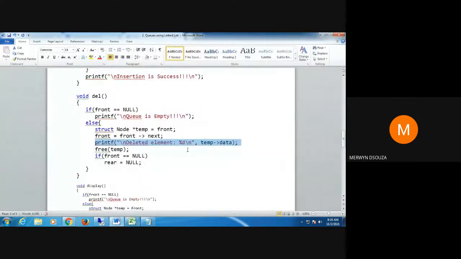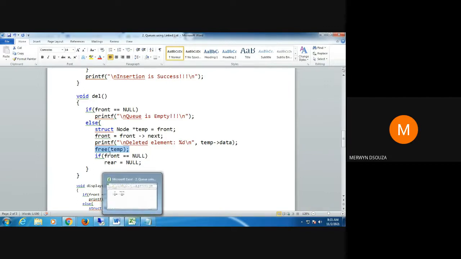After you print the element, you can free the memory occupied by that node by using the inbuilt C function called free. Free will deallocate the memory that was allocated for that node.